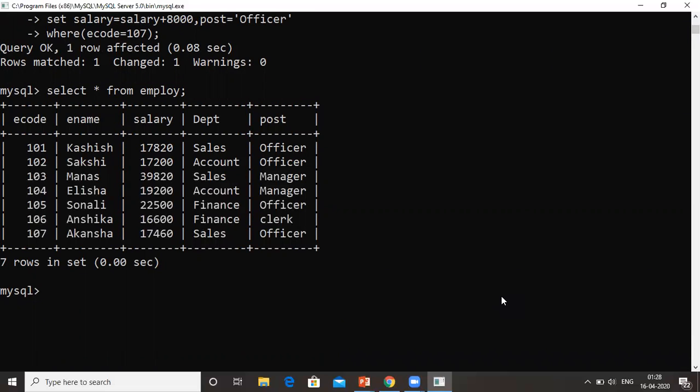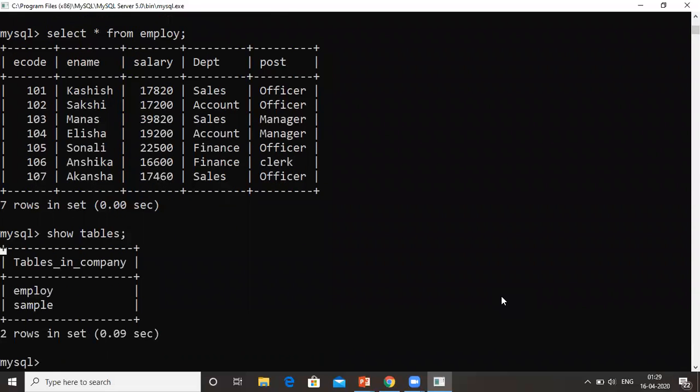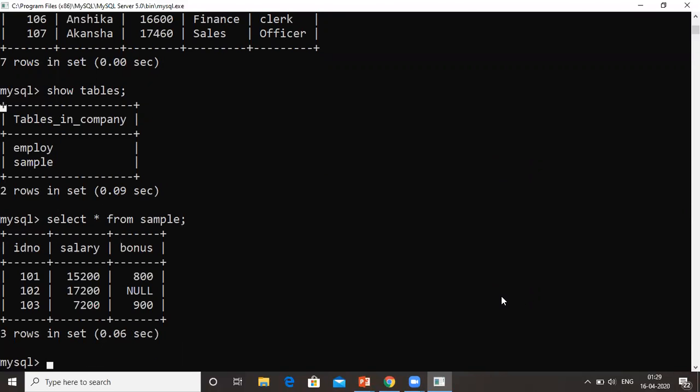Let me check whether there is one more table in this database or not, with show tables. Okay, so there is one more table, that is sample, and if we see the records present in the table sample, we have 3 records with us.